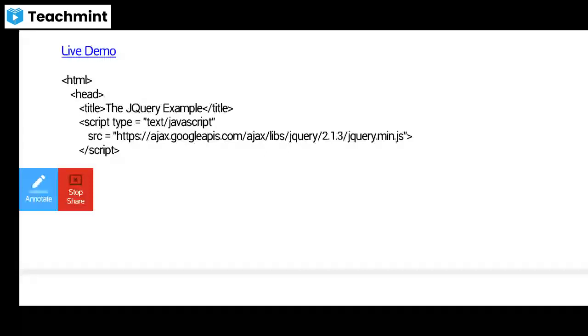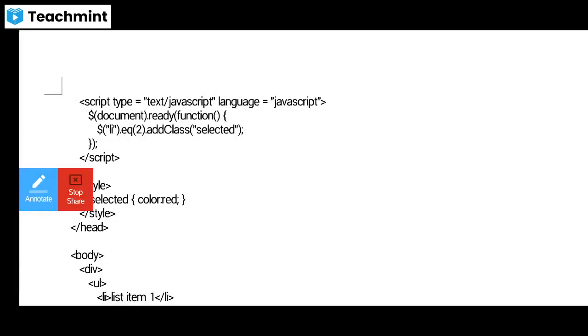And here script type equals text/javascript and language is JavaScript. So here the jQuery process is going to begin. Document.ready function, dollar sign document.ready function, and list.